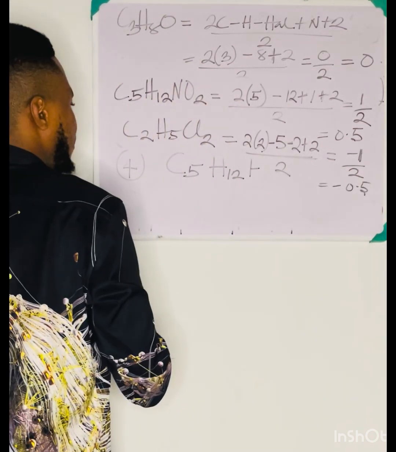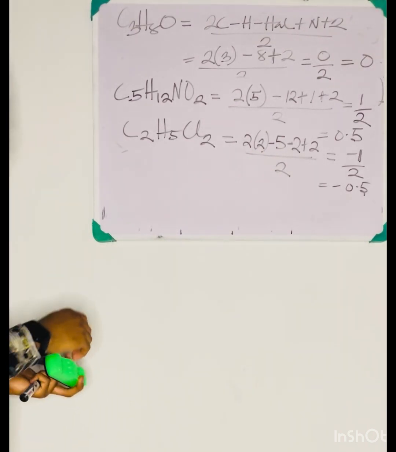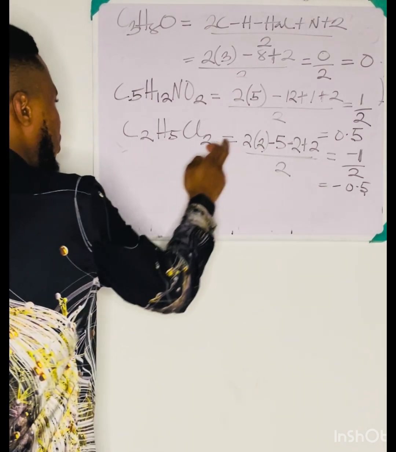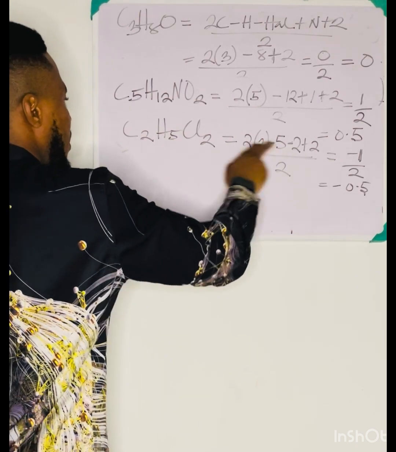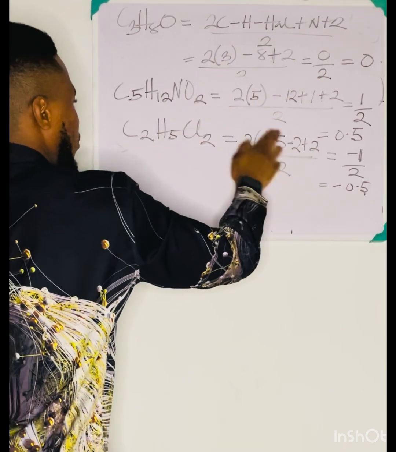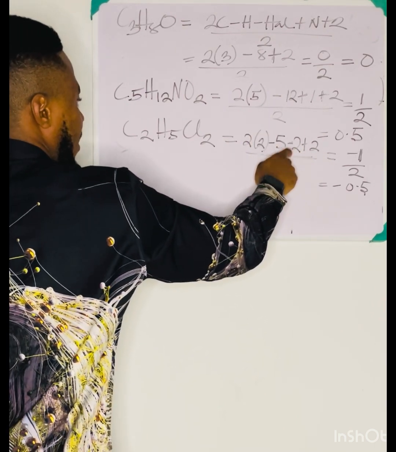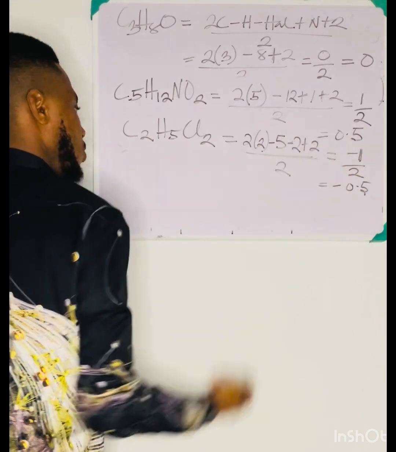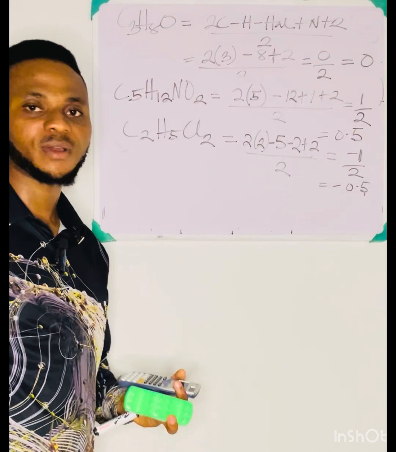Then next one, C5H12F. Please try that one. So you try the last one that I gave. All right, so this is the general idea. You multiply 2 by the number of carbons, subtract the number of hydrogens, minus 2. From the formula, there is no nitrogen. That's why I just did minus 2. Then I went to plus 2. 2 times 2 is 4. 4 minus 5 is minus 1. Minus 1 minus 2 is minus 3. Minus 3 plus 2 is minus 1. That is minus 1 over 2. So that's the general idea of index of hydrogen deficiency.